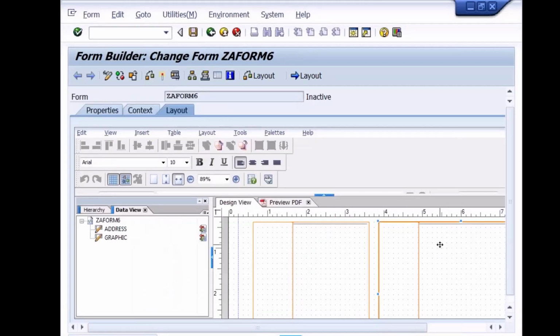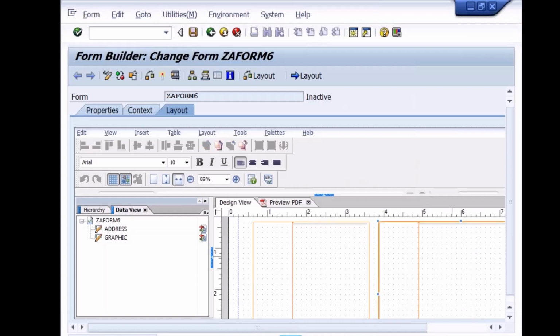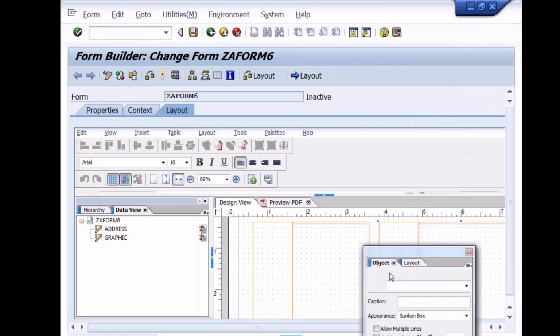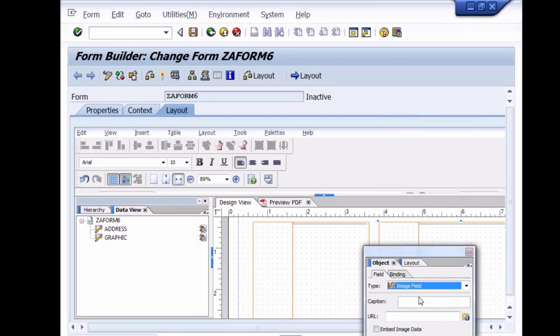Is it binded automatically? Let me check. To display any images we require image field na? Here it is text. Address is always what? Text. Okay, so this, if you go to this palettes here, it is by default what type? Text field. Now here this image it has to display na? So if you go to palettes, right click palettes, what is this? Object, layout, done, field. What is the default type? Text field. So what I have to do? Change it to what? Image field. Change it to image field. Done. I have changed it to image field.